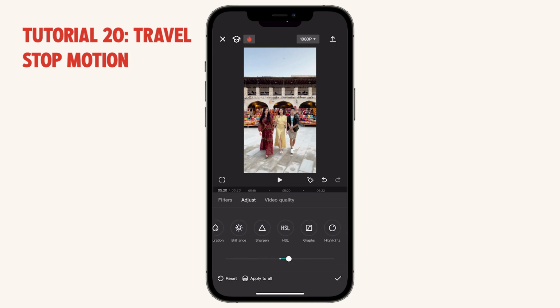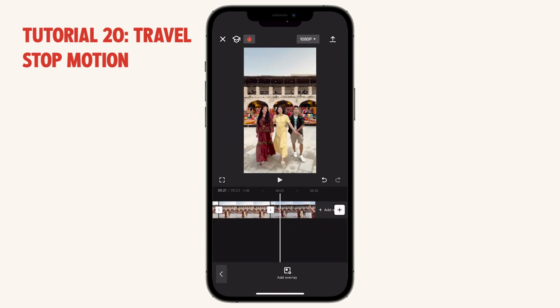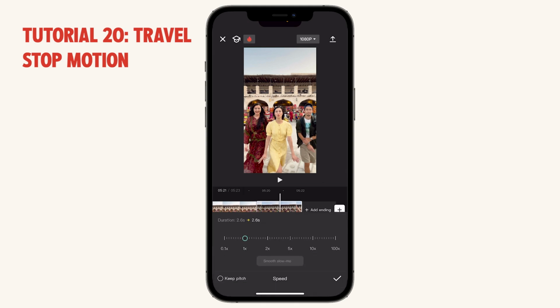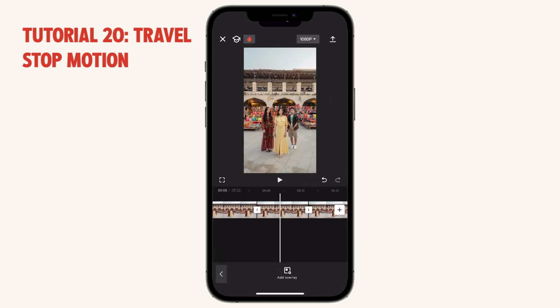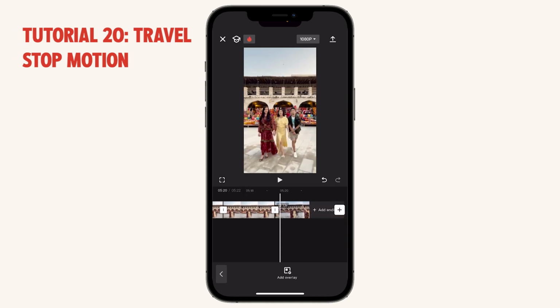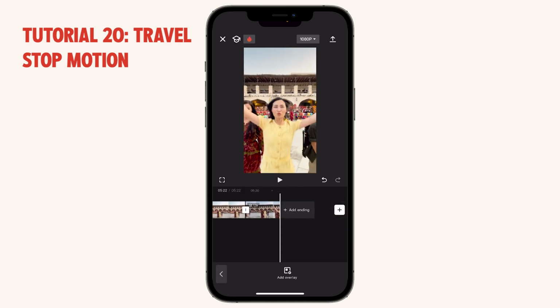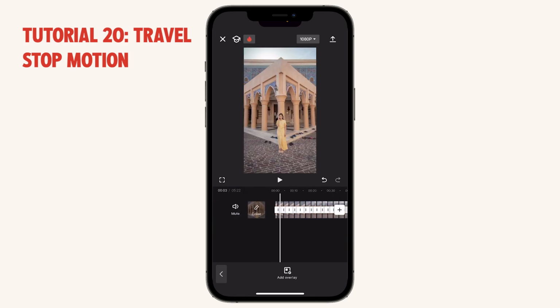So let's go into temp. Make it nice and warm. Now that looks a lot closer, and then it ends here. And also I think the speed is a bit slow, so I'm just gonna go ahead and make it 1.3. Okay, looks good. And then now we just need to go into the beginning part and potentially change the color